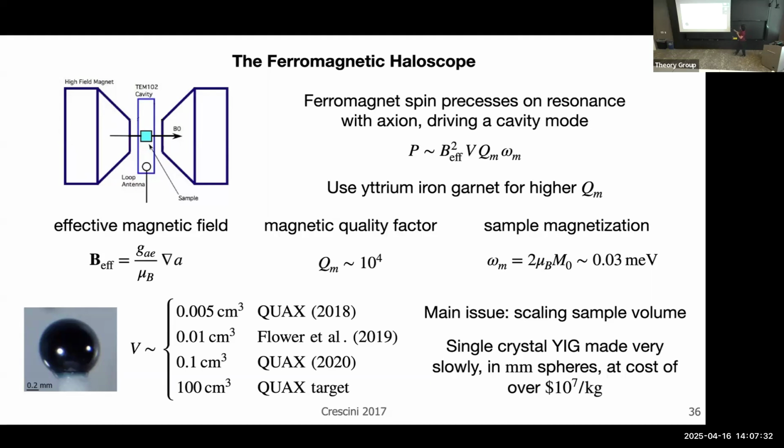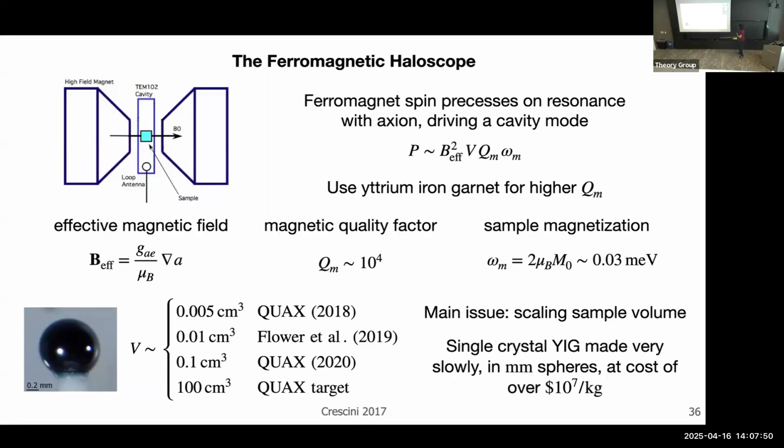Oh, and the last thing is that once this thing emits radiation, it's also tuned to be in resonance with the mode of this cavity. So that radiation all gets excited in this cavity mode, and then you have an antenna that reads out that cavity mode, and then the power comes out. Basically, the power that comes out is just determined by this expression. The problem is that it's very hard to scale these experiments up into something that would give you actually good reach.